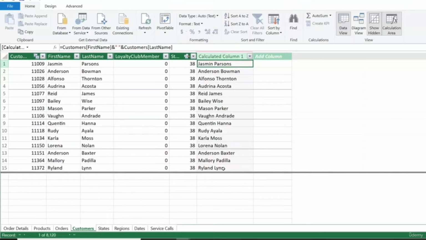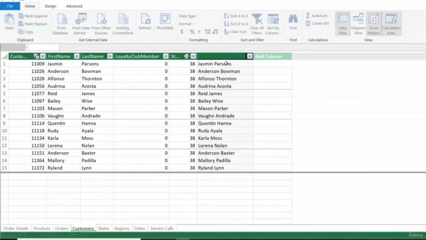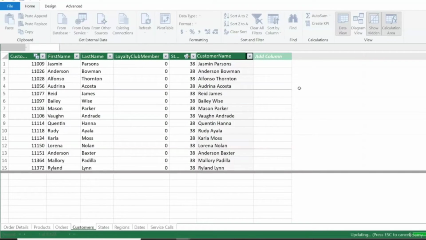The only problem here is that Excel gave us an automatically generated name for our column, which definitely isn't descriptive or useful. So we'll want to change that. To change this to what I want it to be called, which is customer name, I can just double click the column header, delete the existing name, and then just type out customer name. And now if I click out of that,